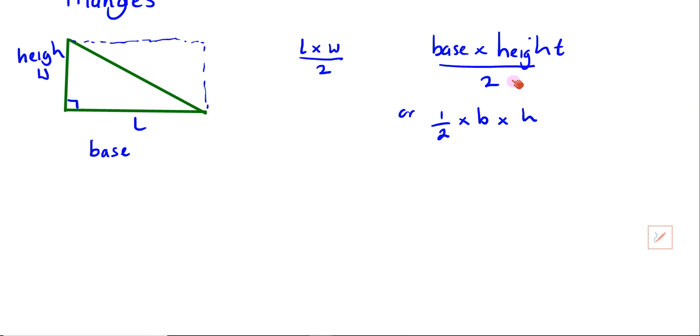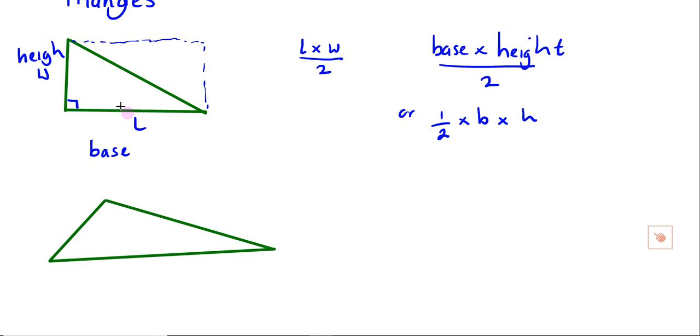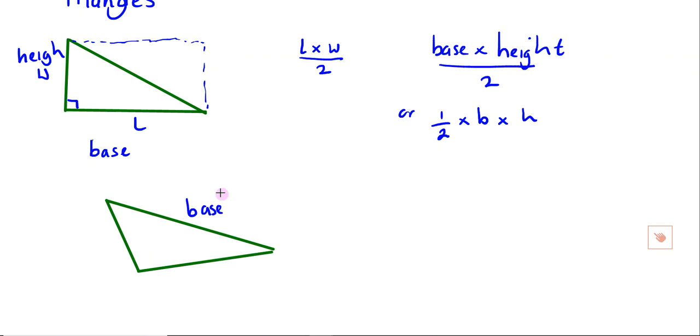Now, that's always the same, but what's interesting and what some people get confused on is, what if I change it? It's no longer a right angle, it's scaling. And what if the base is not the bottom? What if the base is this length? We ought to be able to show that then the height is actually the... I haven't drawn a very good one. I'm going to change this just to make it easy to see. Let's say I make it like this instead. That makes it easier. Then my height is actually,